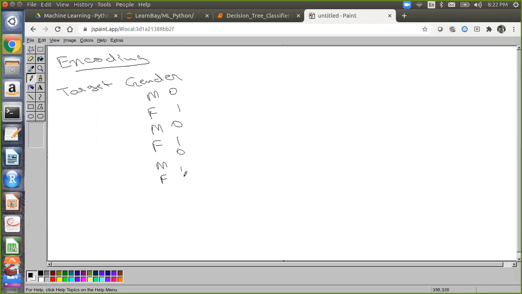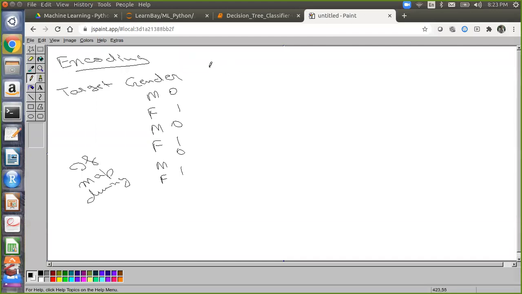So now how to do this variable encoding? Suppose the target variable is like that, or any feature. Let's not talk about only the target. Suppose you have gender: male, female, male, female. How will you do the encoding? Simple encoding will be 0, 1, 0, 1, 0, 1. You can directly do it via the if condition. There is a map function which can help you. There is dummy variable encoding which you can do.